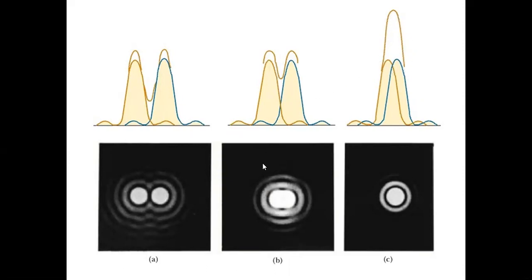But as the car approaches you, the central maxima get separated. When the central maximum of one exactly falls on the first minimum of the other, you feel that there are two objects, just resolved. You see the minimum of this one, the dark fringe of this one is here, right? Here is the maximum of the other one. What about here now? The central maximum of this one is here. Here is the minimum of the other. So if the central maximum of one falls just on the first minimum of the other, you see them just resolved.